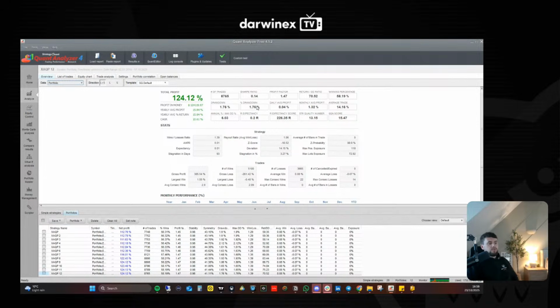So the max drawdown increased from 1.65 to 1.76% over the 8 years, which I'm still ecstatic with because this was 2.5% before I started adding the spread filter in. So I'm super, super happy with that, with an annual return of 10.61%, or an annual growth of 10.61%. So I'm still super, super happy with that.